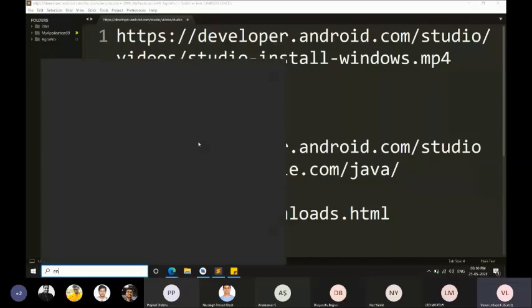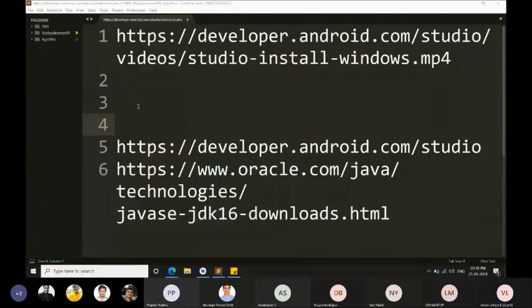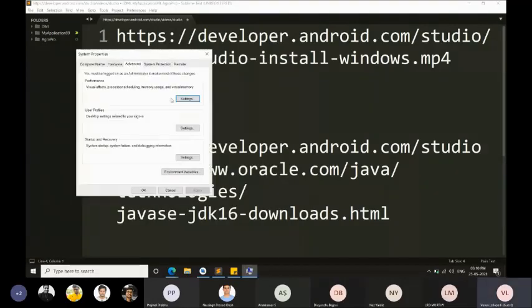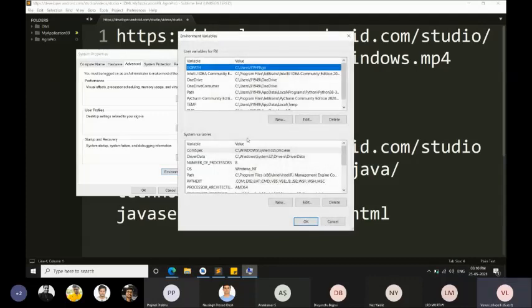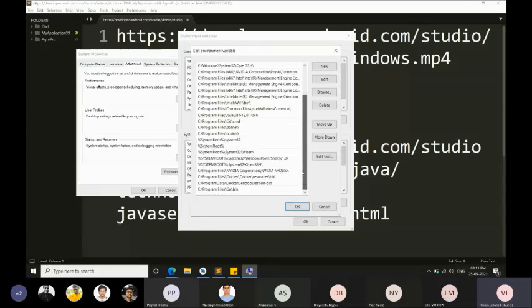If you type environment variables, you'll have this option, edit the system environment variables. After clicking on it, you have to click on this option, environment variables again. Here we can see something called PATH in the system variables. I'm clicking on edit. You can add a new line here if you require.